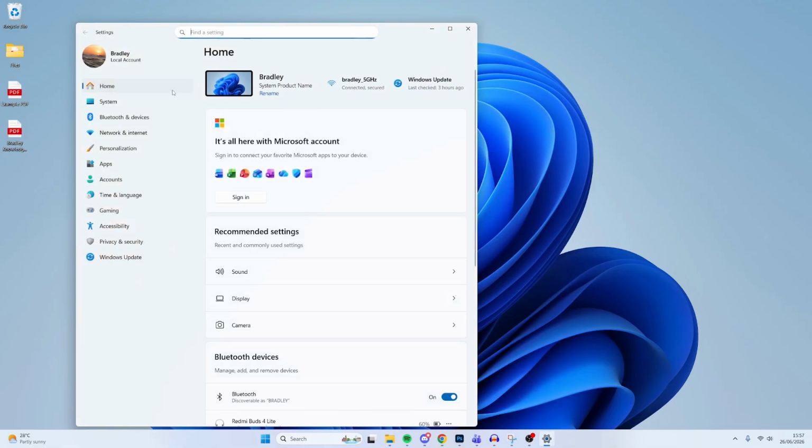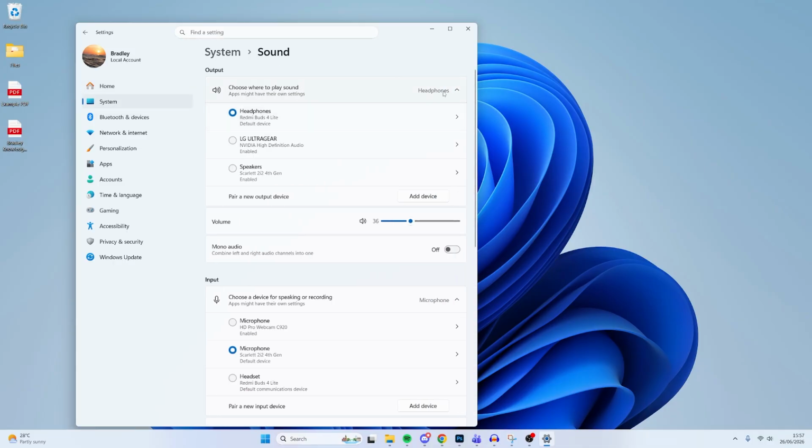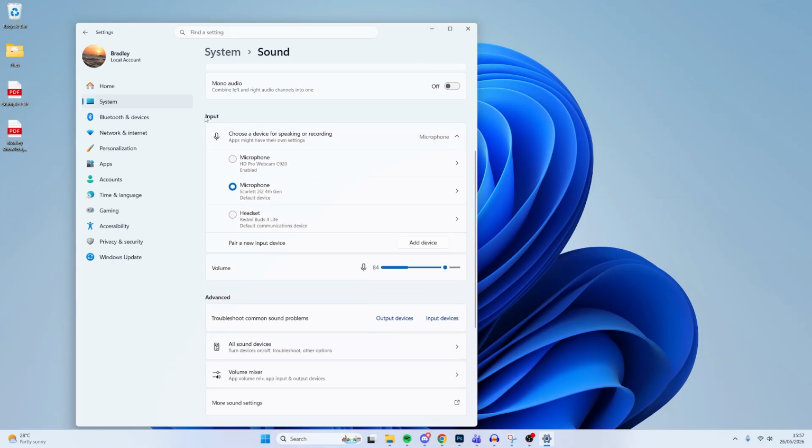Once you're in the Settings window, go to System on the left and then click on Sound. Here you should be able to see your headphones or your output. We want to scroll down and go to the input section because a microphone is an input device. Then you should be able to see the microphone here. Make sure you've got it selected, and if you're speaking and the volume's going up on the microphone, that is a good sign. So we can go ahead and click on the microphone on this arrow here,